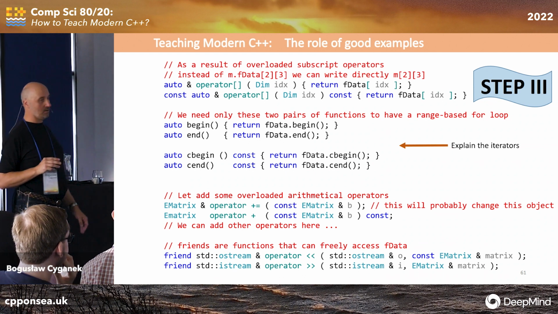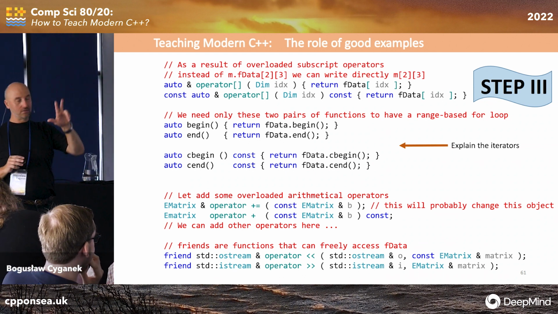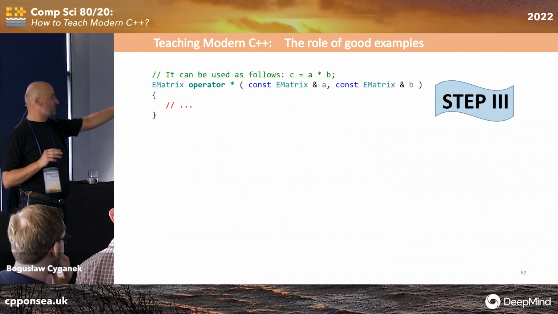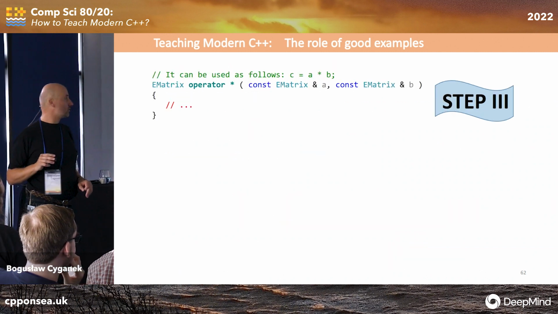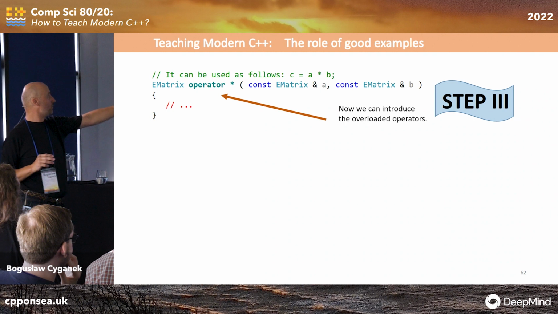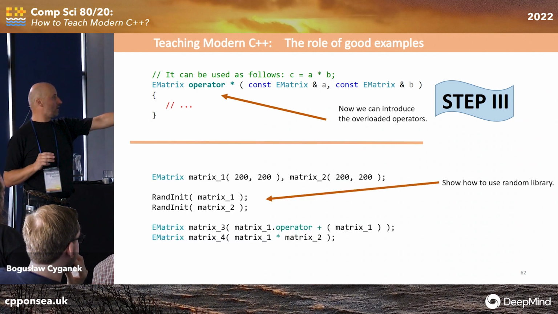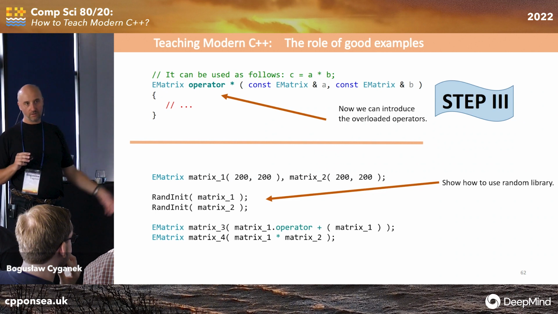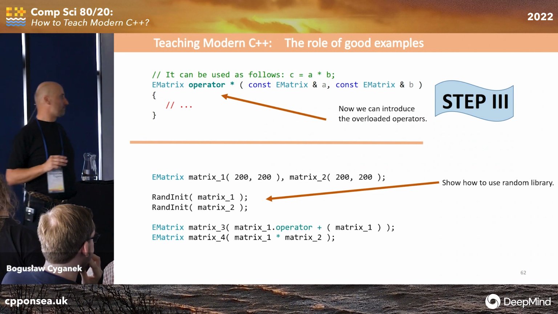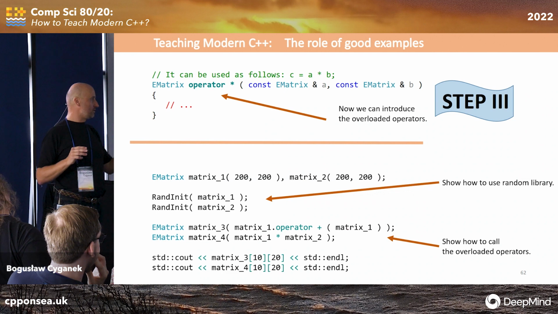We have a lot here. So this is a beautiful example, three steps. You will find the code on GitHub, so I will give you the address. And you can build up a lot of good stuff on this, like adding some random initialization. So people are learning a lot in this simple example.